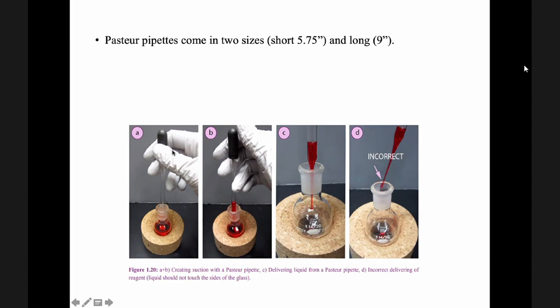Okay, so this is how to transfer using pasteur pipette. You squeeze the rubber tip here. After that, you deliver the